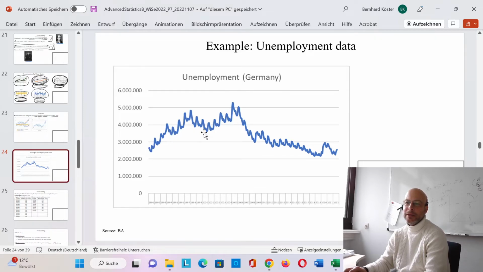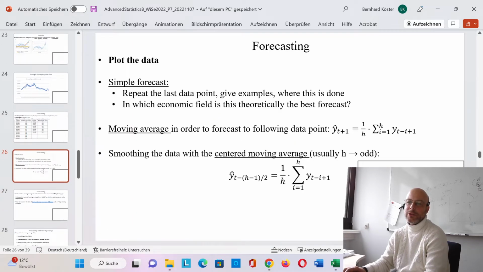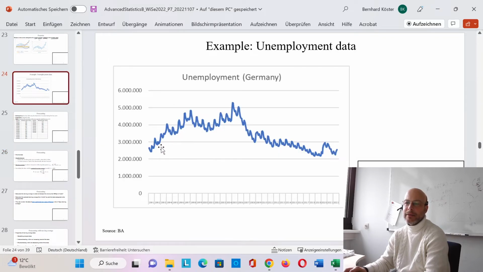So this will be then, due to the economic performance, not the best time we had in Germany. And also you see here maybe something like a business cycle. And yeah, the end then, since the financial crisis, which we have here, this is more or less called the miracle of labor market data in Germany,